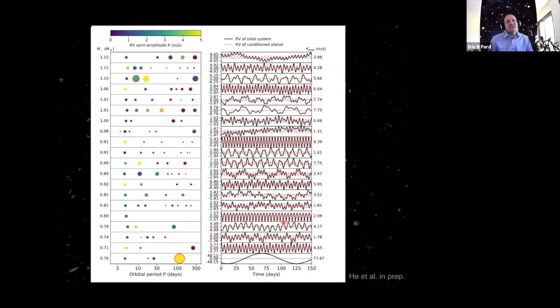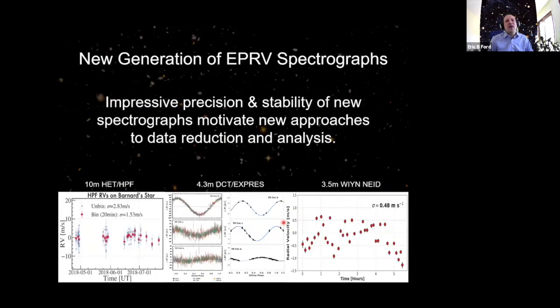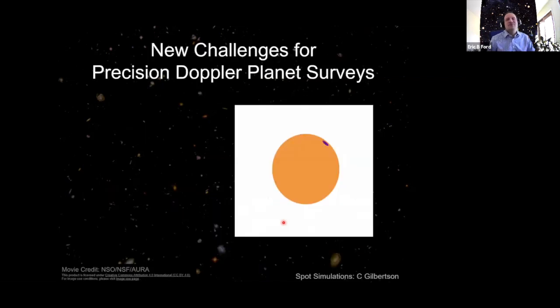Meters per second is pretty good for studying super Earths, mini Neptunes that are close in. But if you want to go to Earth analogs, even close in, but especially if you want to push out to longer periods, then Earth is 9 centimeters per second for the sun. And so there's a big push to try to reach that goal so that we can find Earth-sized planets. But the good part is the instruments have now progressed to the point where they have higher precisions and are allowing us to see things that we couldn't before.